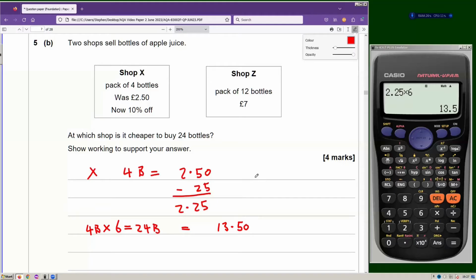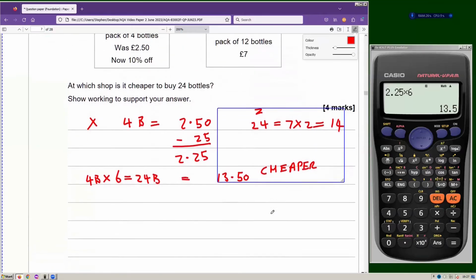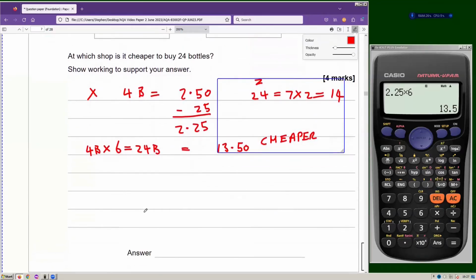And then shop Z, pack of 12 bottles. So 24 bottles at Z equals 7 times 2, which equals 14. So shop X is cheaper. There we are, it's £13.50. So we have to answer the question. The question is, at which shop? So I'm just going to say,